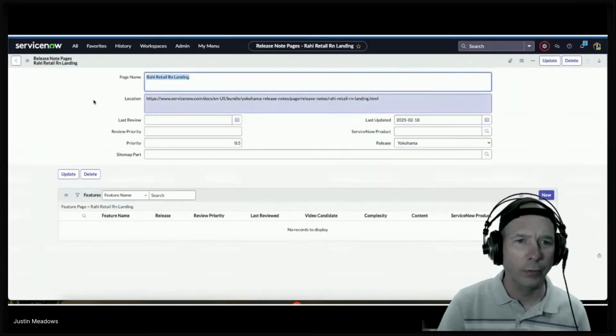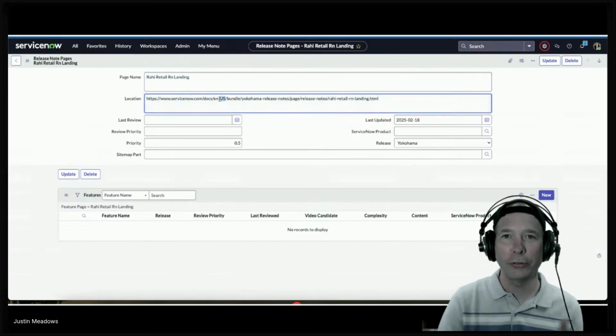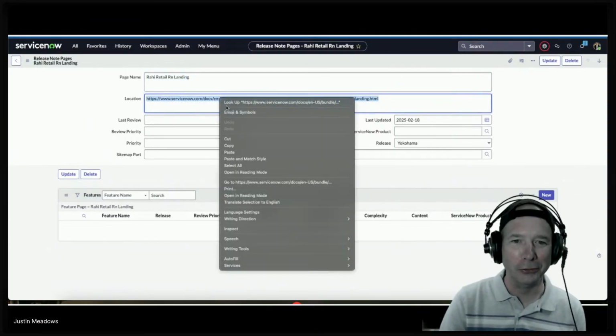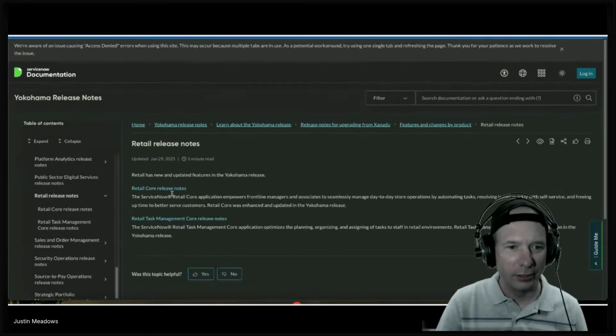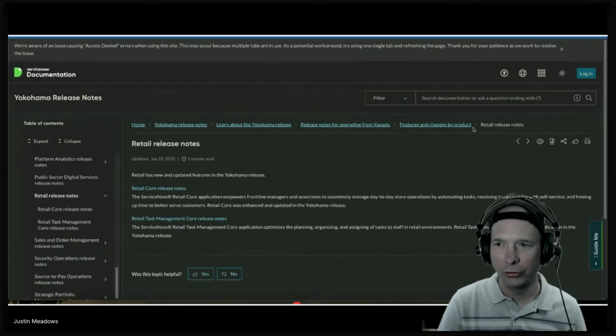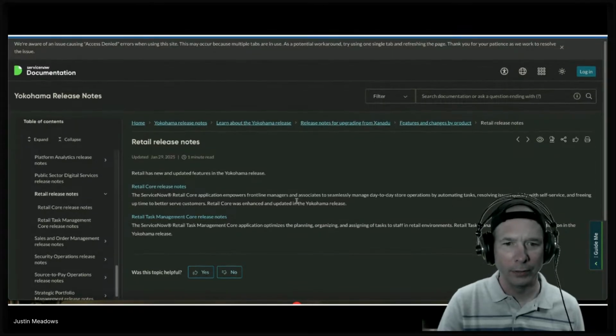We got a Rahi retail. What the heck is a Rahi retail? See, this is also another good reason to leave these release note landing pages in. Let's go check out that. Features and change retail. So I don't know what Rahi means, but you could see